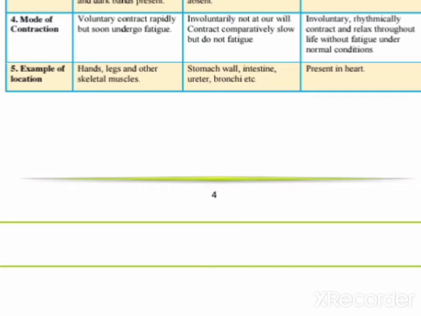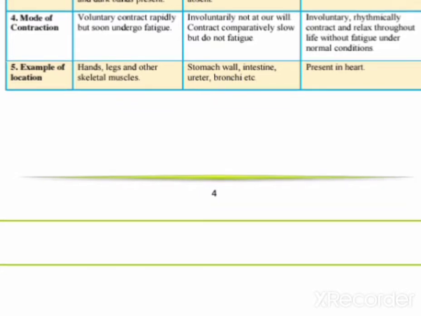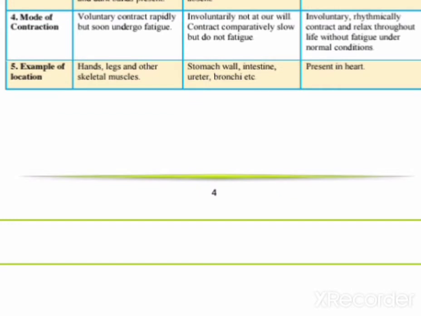It works all the time without fatigue. What is the meaning of fatigue, beta? It keeps working all day without getting tired. Now the third one, cardiac muscles: involuntary, with rhythmic contraction and relaxation of the heart. It is present in the heart. It is also involuntary in function, meaning it is also not dependent on our will, and it continues to work day and night, 24 hours, by these heart muscles in our heart. If these muscles do not work, then all our body parts are not able to work.